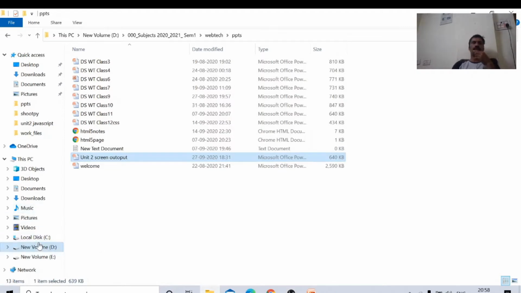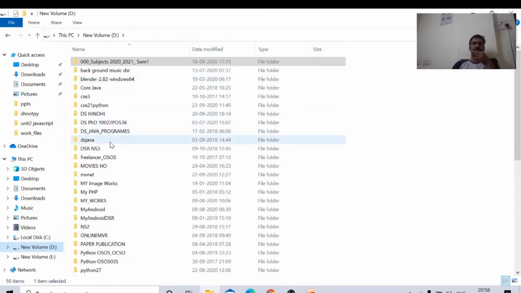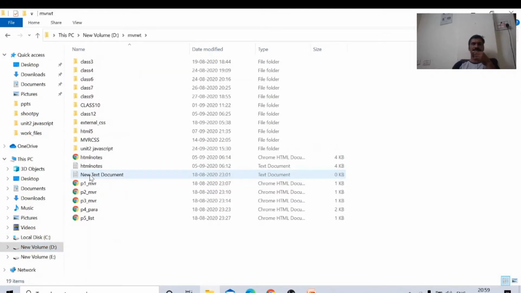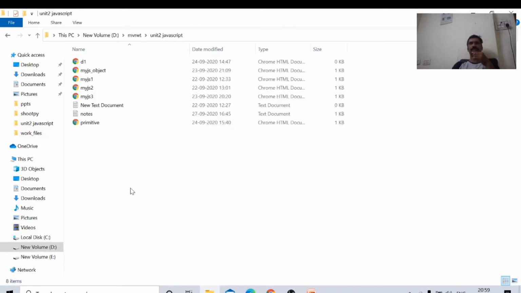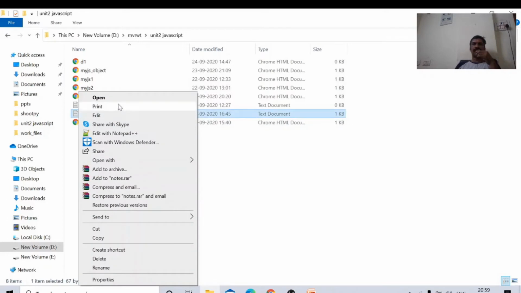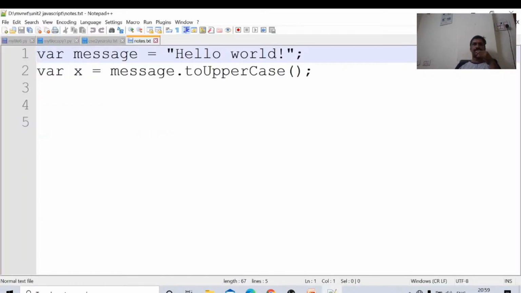All the programs of our web technologies are in this location, web technologies. We are doing the programs in unit 2, JavaScript. Here we will write the programs. First one, working with ID, edit with Notepad++.